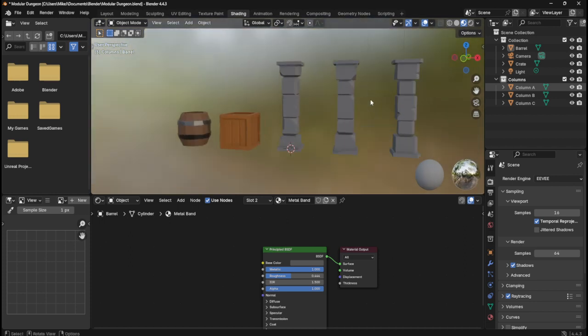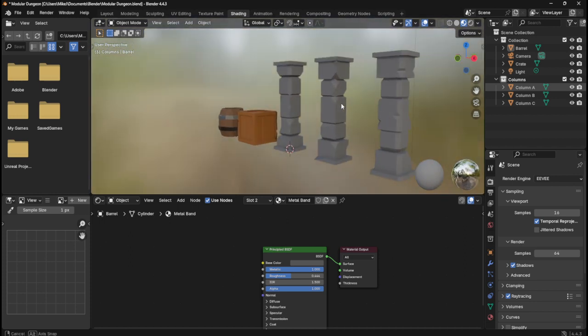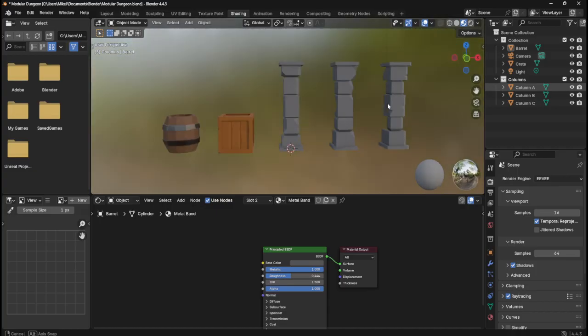So last stream we created a pillar and we used the mirror modifier. So basically the bottom half of the pillar was mirrored to the top, and then when you